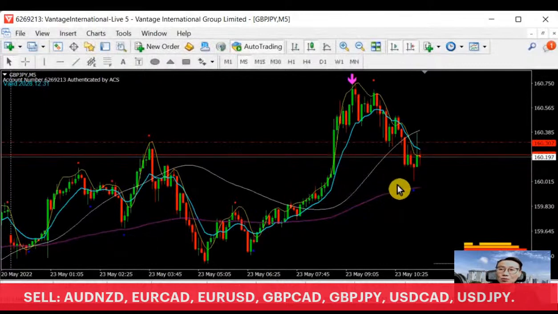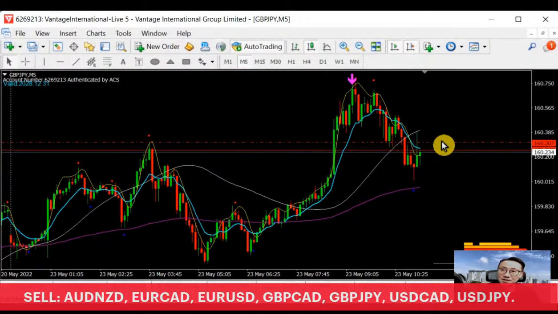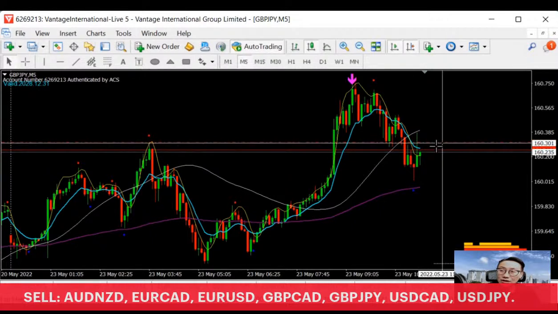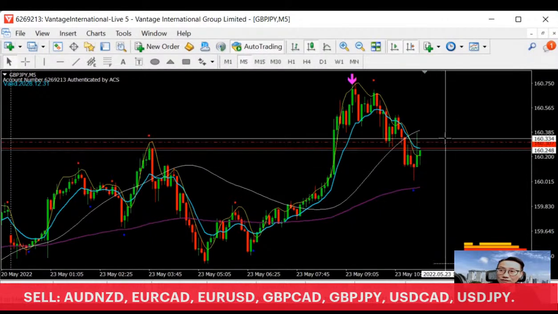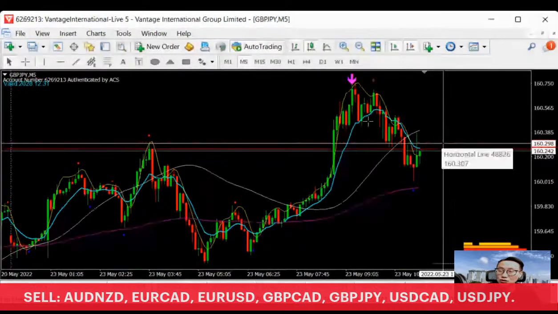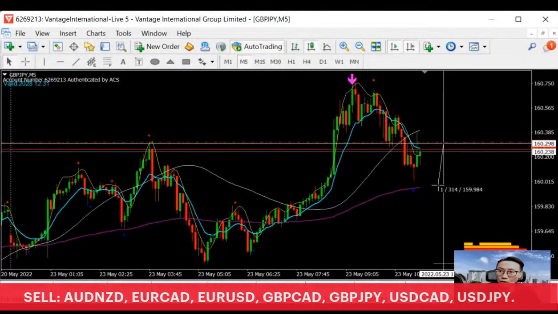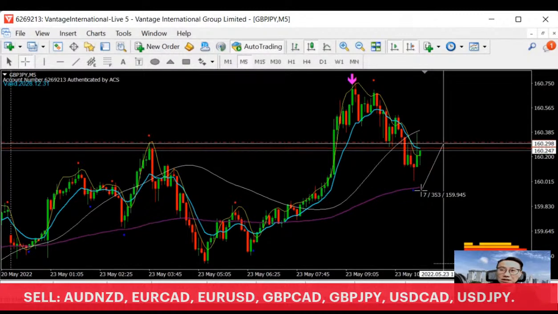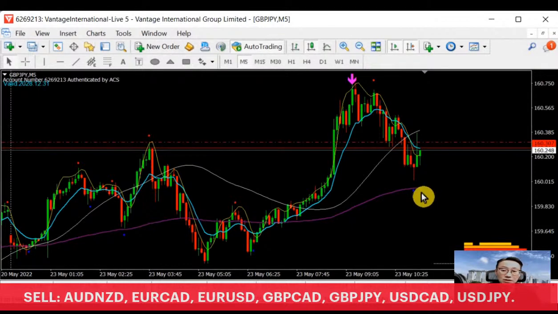So I'm waiting for it to go up to test the resistance, then creating a lower resistance like this, then it will have a chance for this wave to create a lower low. Maybe I will have until the support around this area here. I may have about 35 to 40 pips to go. So we can grab the number of pips like this.